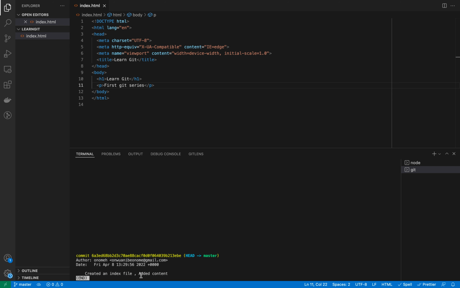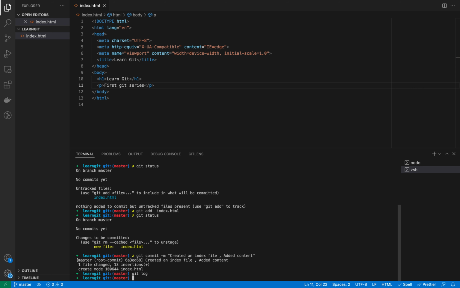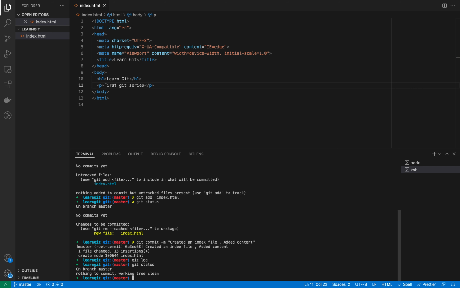Okay, let's see. So we check our Git status again. You see, nothing to commit, working tree clean. Okay, so let's try to add something else so that you see how it works again. We'll try to add an h2. Let's see, h2. Understanding